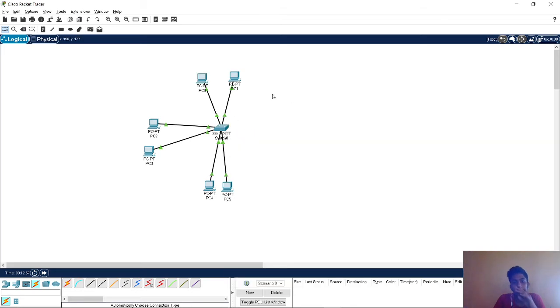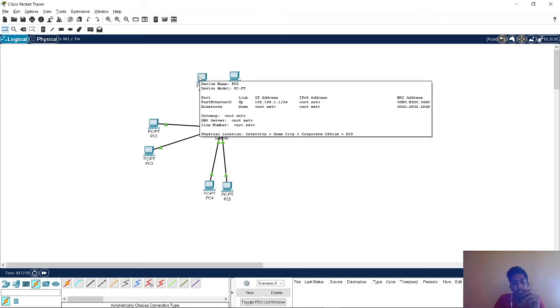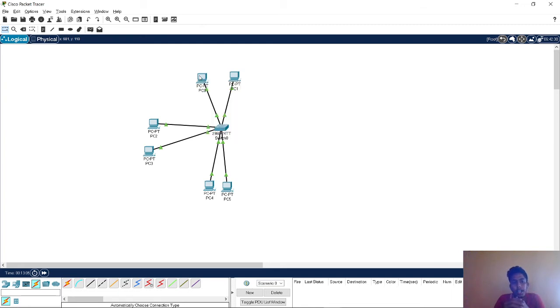So PCs within the same VLAN can communicate with other members of the same VLAN, but a PC cannot communicate with members of a different VLAN using this single switch.